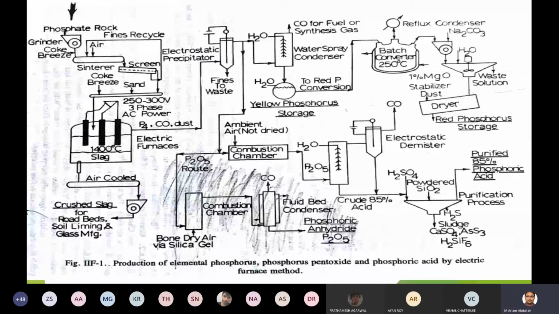It will not increase from 1% to 100% directly. No, it will happen step by step, 1 to 2, 2 to 3, 3 to 4. It will take time. What is the time taken? Make a note of it, I will ask this question at the end. What is the time taken for the conversion of the dilute form of red phosphorus to the concentrated form once you have started adding sodium carbonate? Merely adding sodium carbonate will not help us increase the concentration to our required level.